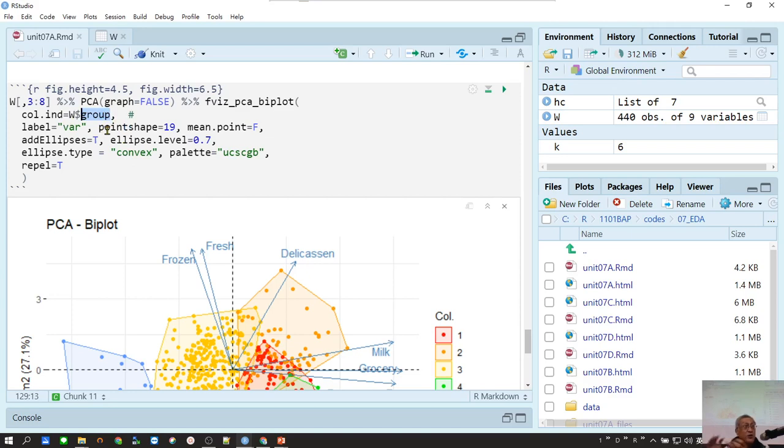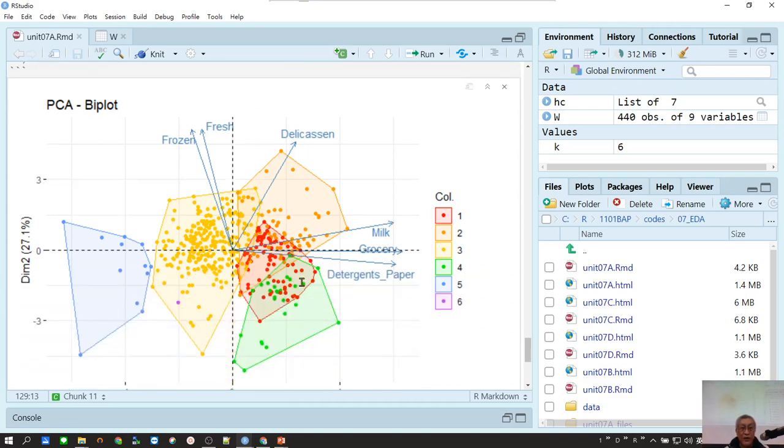This group is actually created by our hierarchical clustering. So I can do that, and if I do this, then every color represents a group, right? Every color represents a group, isn't it? And as you can see,